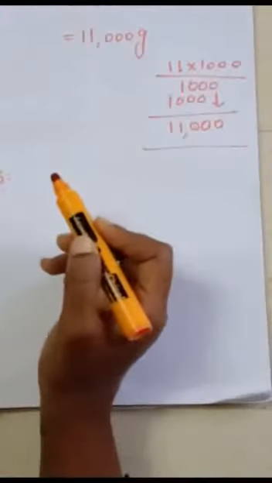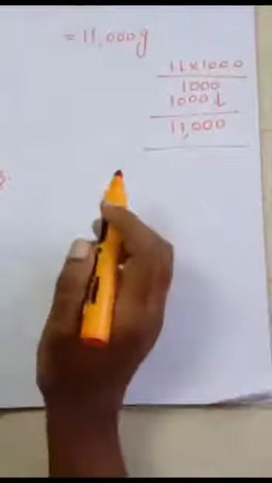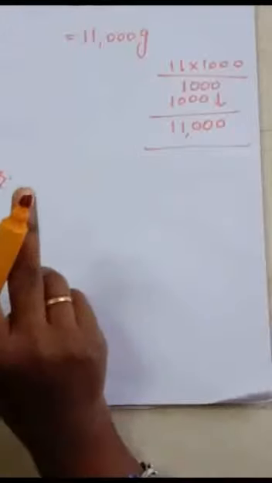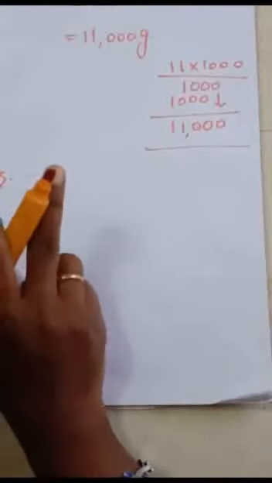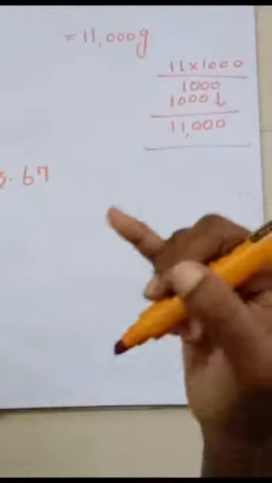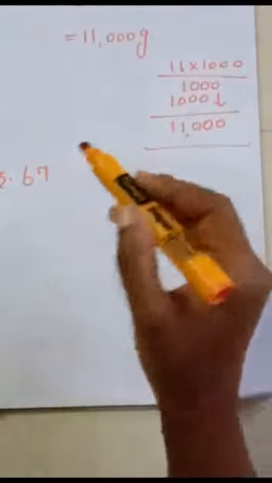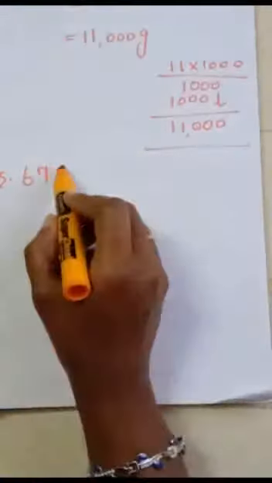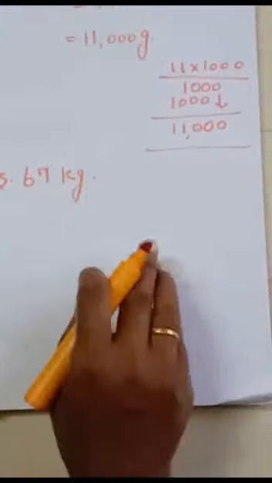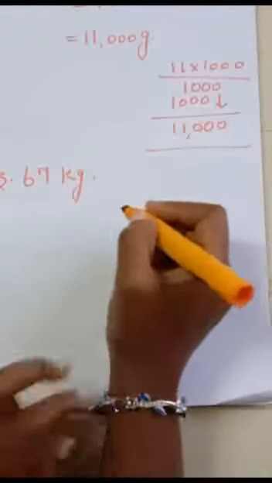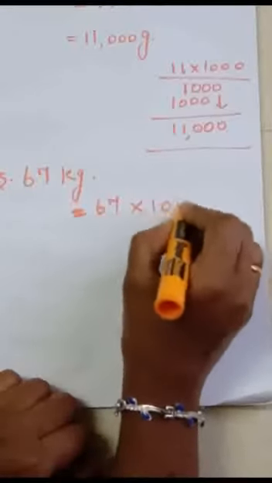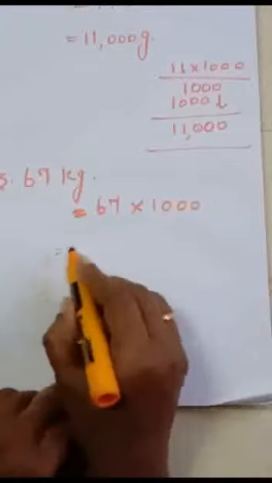Okay, now the third sum. In these two methods, you have learned the first question, 5 kg, that is a single unit. Next, 11 kg. Now the third one, 67 kg. When the value has been raised, surely the gram quantity also will get raised, isn't it? So again, a tens value has been given, right? 67 kg is converted into gram. For this you have to multiply the 67 by 1000. Again the multiplication steps you have to follow.